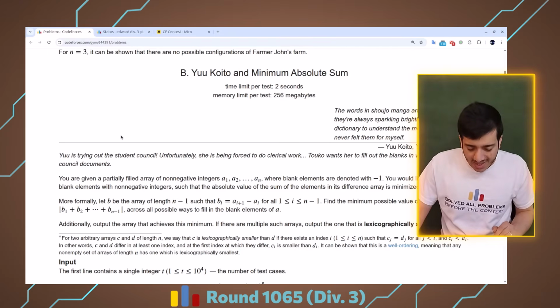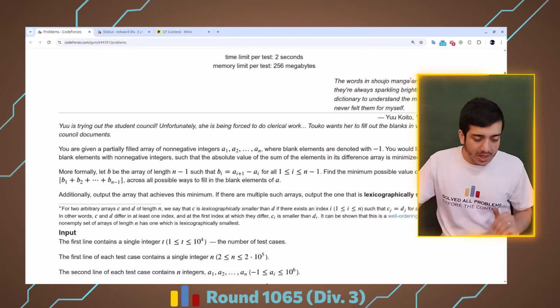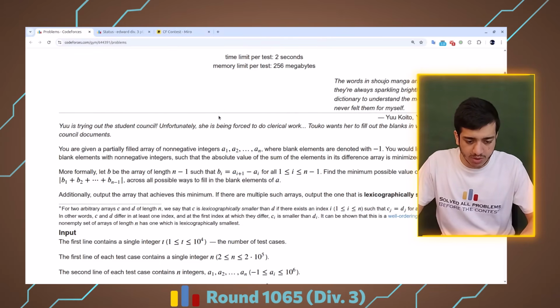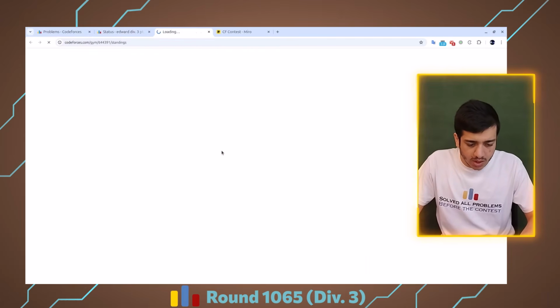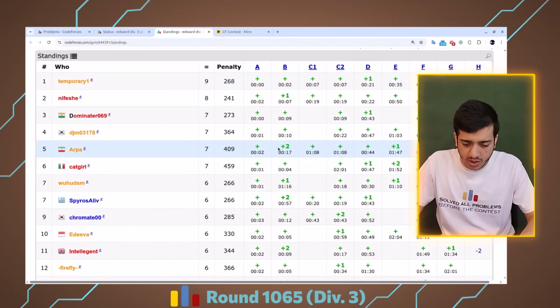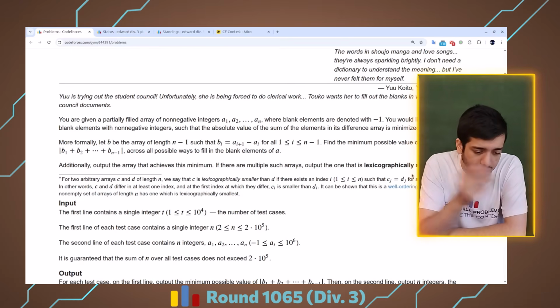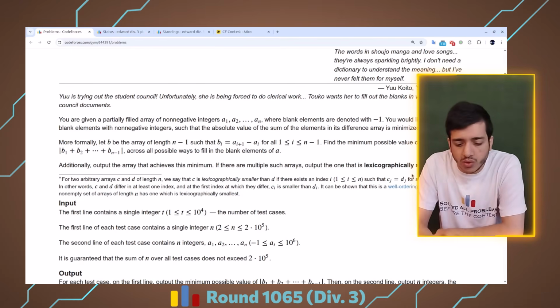Problem B. Unfortunately, at the beginning, I got this problem incorrectly. Let me show you the standings. I solved A in 2 minutes. I solved B in 15 minutes, which is so much. I got this problem incorrectly, but what you need to understand is,